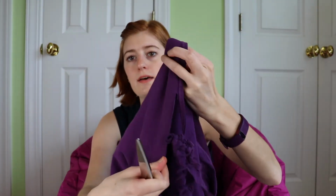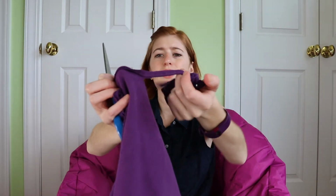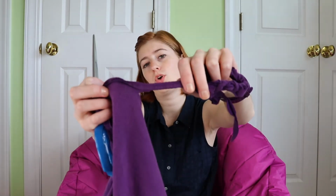So as you can see, I've cut off the bottom hem, started crocheting with it, and I just keep cutting up the side like that, keep spiraling around. And it's super nice to work with, got a nice bit of stretch. Again, I would keep this fairly thin just because if you go too thick, then you're gonna have like crazy chunky t-shirt yarn. So probably like a 1/4 inch to 1/2 inch thick in width is how much I'm gonna